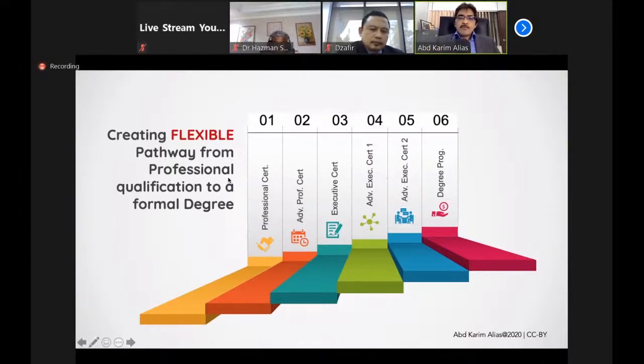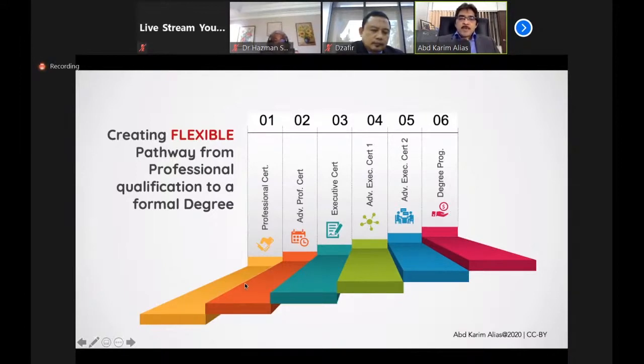So looking at it from another way, how do we create a pathway? The learning provider, when they unpack the curriculum, let's say the end in mind is the degree program or can be a diploma. So all we need to do is basically to work backward and see how many packages we can package the curriculum into.